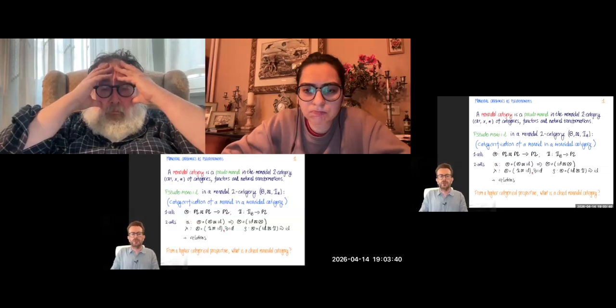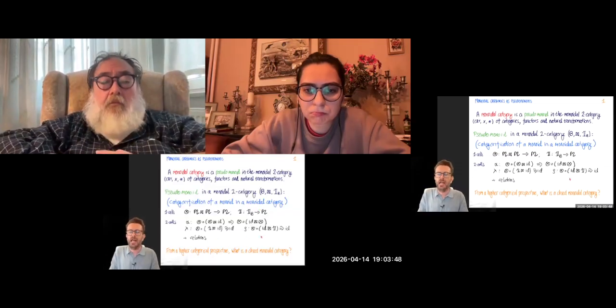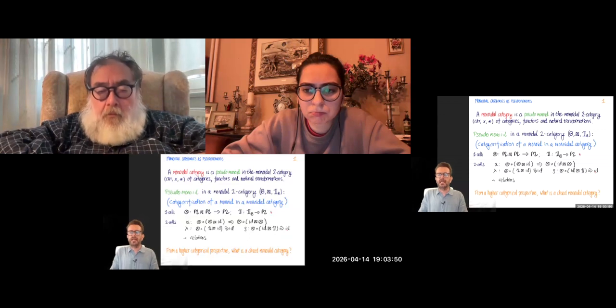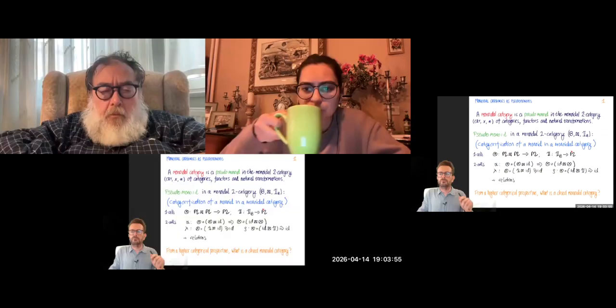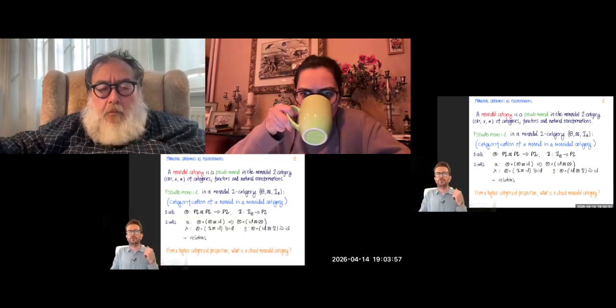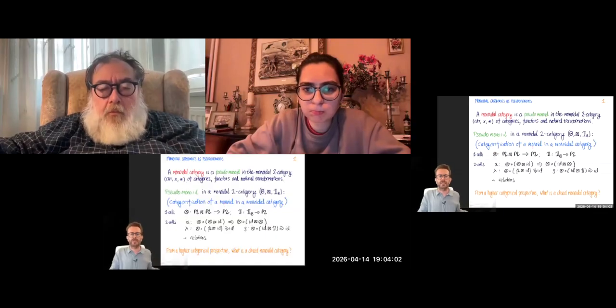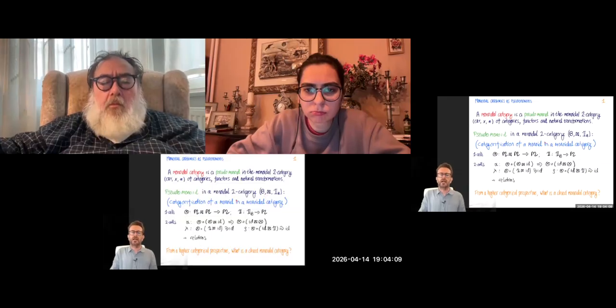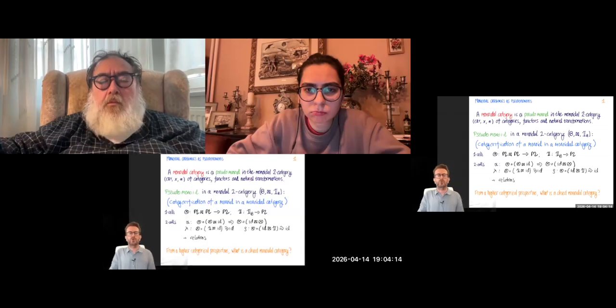So that would be the structure of a monoidal category, but I've expressed it here without talking about any elements, any objects of the category M. I've phrased it in a language where I'm not necessarily restricting myself to the monoidal 2-category of categories. I can work in any monoidal 2-category. This definition makes sense there, and that's the abstract definition of a pseudo-monoid in a monoidal 2-category, and in particular, a pseudo-monoid in Cat is just a monoidal category.